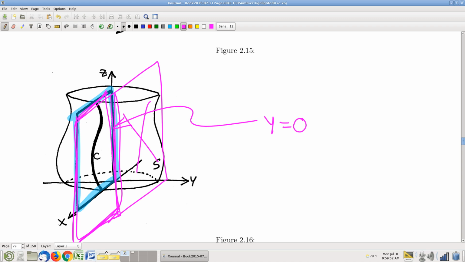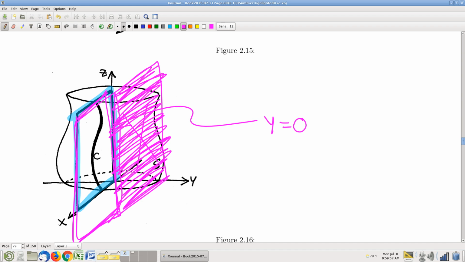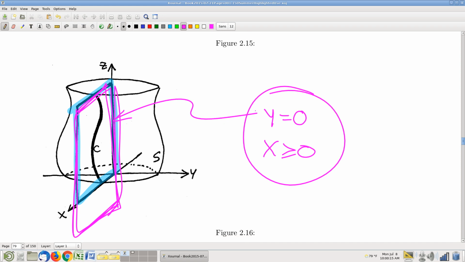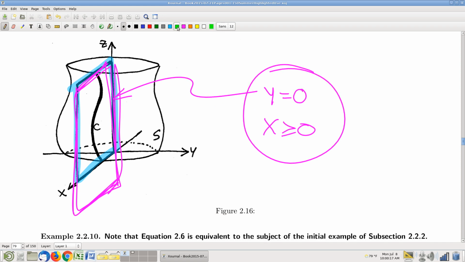So I need to figure out algebraically how I can jettison all of this junk over here, on the other side of the half plane, and here's a really easy way to do it. I'm just going to say, let's look at the part where x is non-negative, and then that disappears. So this is the algebraic description of that half plane, and there's a nice punchline here. Given that half plane, if we look at our little magic expression, square root of x squared plus y squared, well, if y is equal to 0,